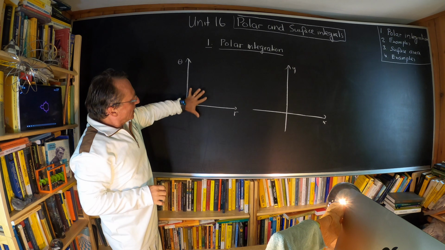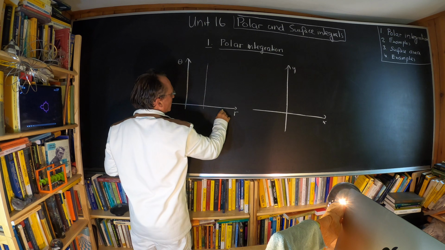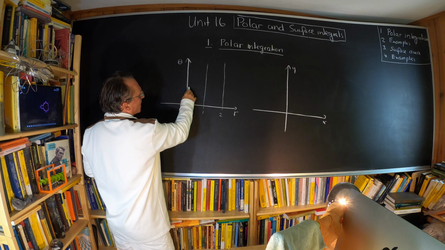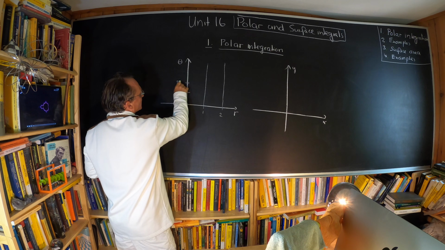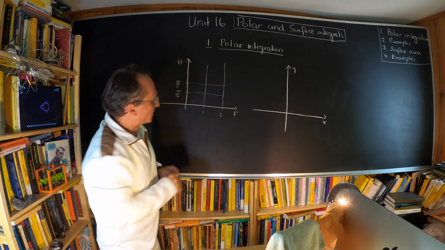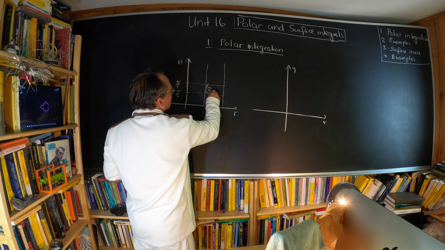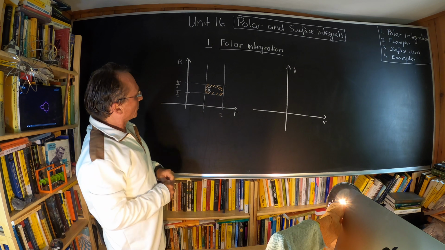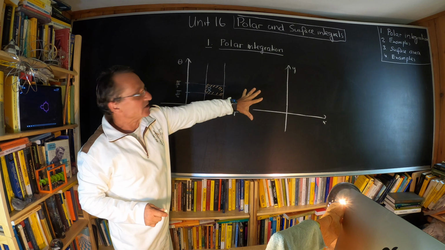Now if we look at a small rectangle here, say we have r maybe between 1 and 2 and theta between pi/6 and pi/4, or maybe pi/4 to pi/3. So this gives us a rectangle here. Let's call this r. This is a rectangle in polar coordinates, and then we have a map which gives us from this coordinate the xy coordinates, and